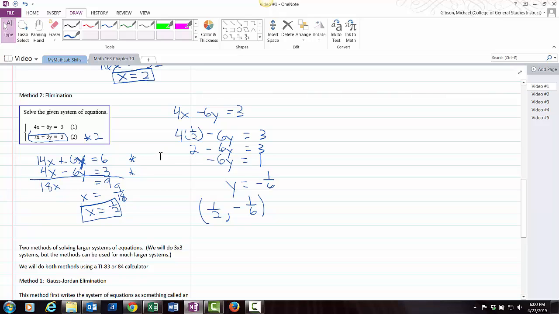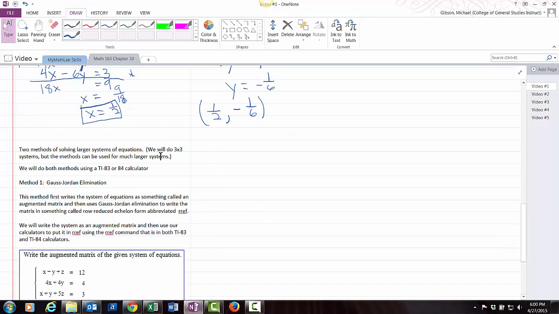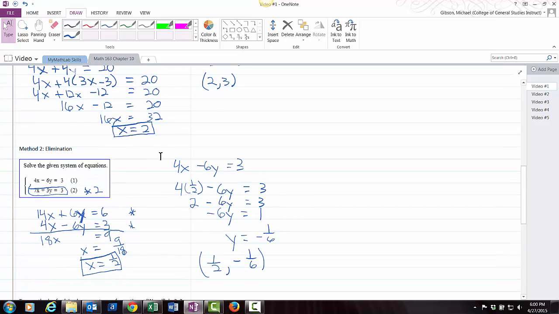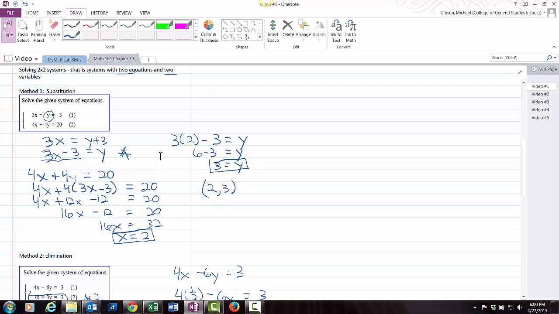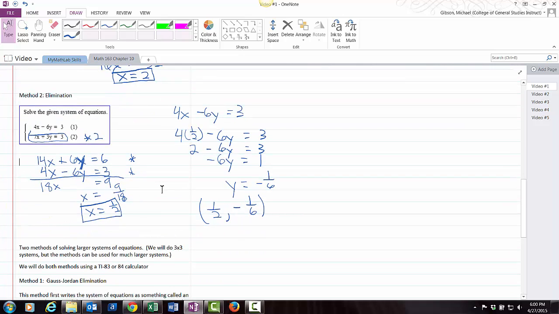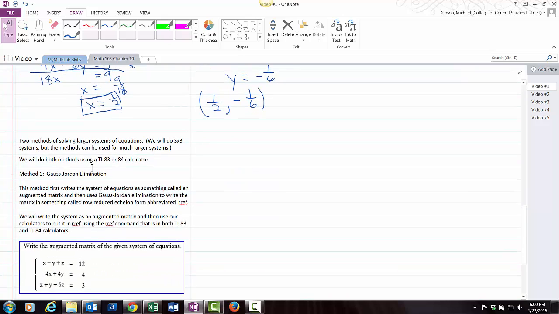Both of these methods, elimination and substitution, can be used on pretty much any system. They're generally used more on 2x2 systems, and then again on the nonlinear systems, which we'll come back and see later. Now on the larger systems of linear equations anyway,